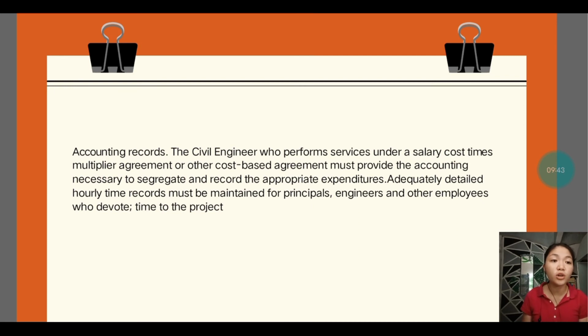Kailangan nakadocument talaga yun lahat for the auditor and for the client. So, what if may client na manghingi ng accounting record, at least may maibigay tayo kasabay ang contract na